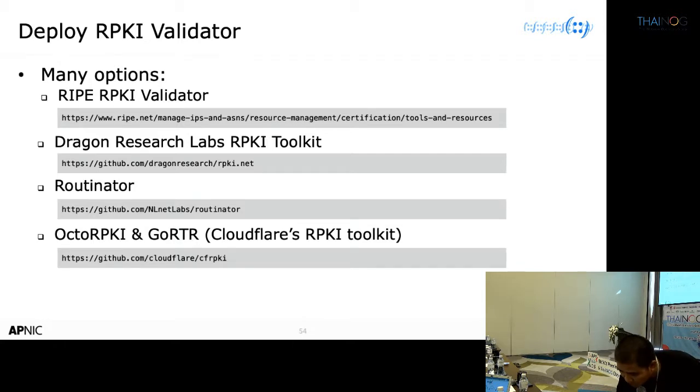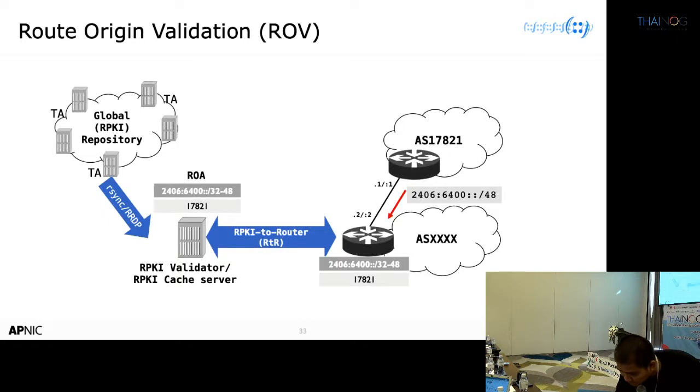Let me quickly bring it up. This is what I'm trying to say. This is one function up to here. This is validation, right? It's pulling your routes down, ROAs, into this. This functionality and this functionality are two different functions. One is the RTR function between your router and the validator. The other one is your validator pulling all these ROAs. So there are two distinct functions, right? So what I'm trying to say is when it comes to validators,